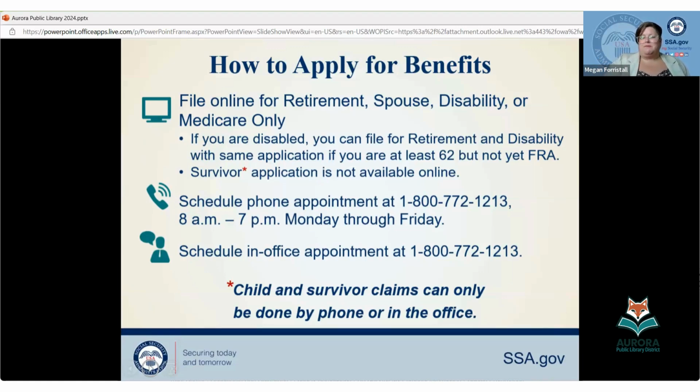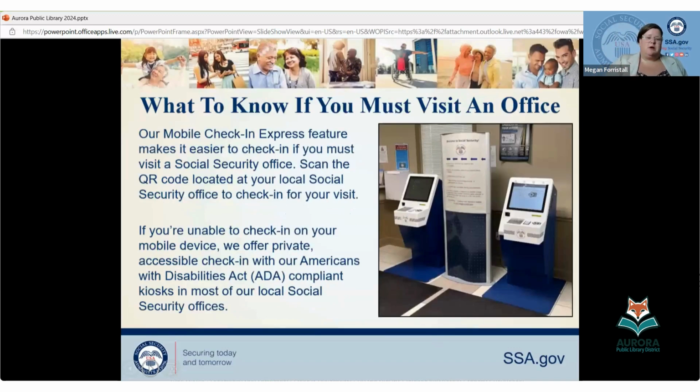So by doing them by phone, it allows us to distribute work and make sure to help those offices who might not have any openings for 2 months versus offices that might have an open calendar. But if you absolutely need an office appointment, you have a language barrier, you're experiencing homelessness, there's just some other reason you need to go in the office for the interview, then you can ask for an in-office appointment when you schedule it. We are open otherwise to walk-in traffic though. So if it's just something fast, you don't need to interview for, you can go into the office. But most things you don't need to go in for. You can do them online. If you go into the office, just a heads up, we have different options for checking in.